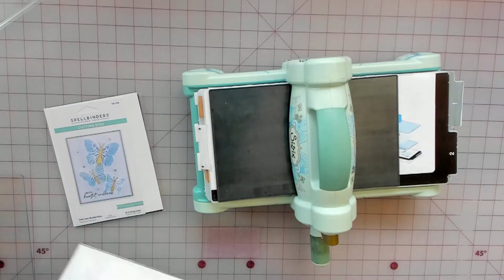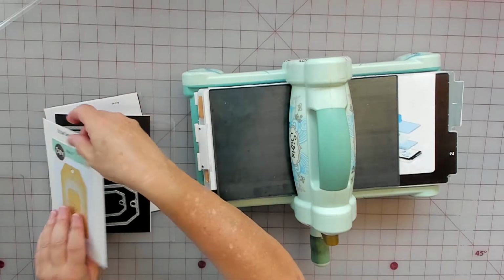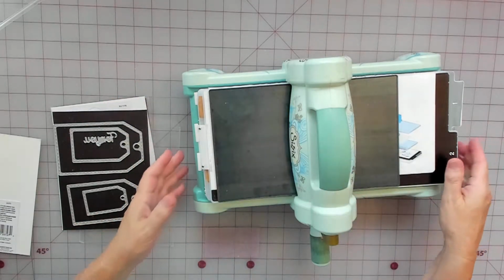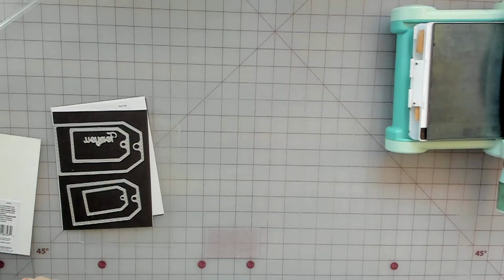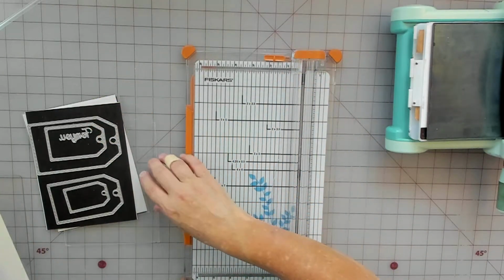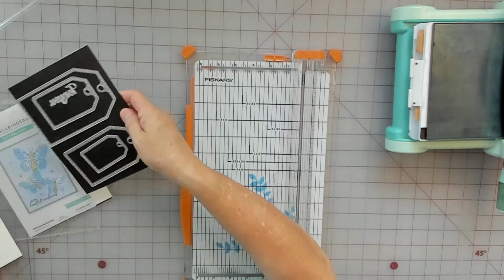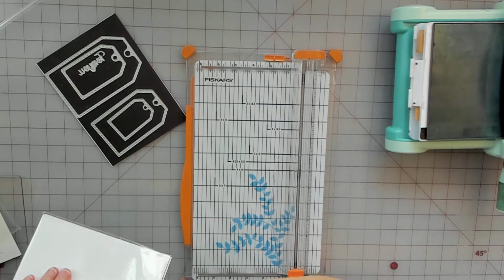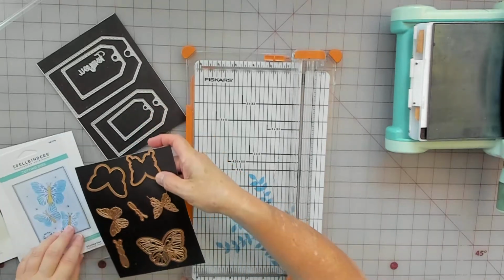Let's see here. I need to cut some paper. And basically all you have to do is figure out what size tag you want. I've got my smaller paper cutter here. It doesn't cut clean, but for this project it'll be okay. So for the butterfly, basically you want your tag big enough to fit whatever you're going to put inside. And for this one here,